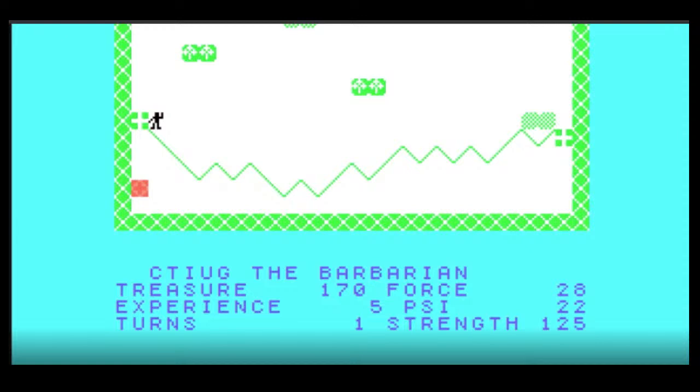Okay. CTIUG, the barbarian, has found 170 treasure. And that was used 1 turn, a clump of gold. What direction? Let's go again. Nothing valuable. What direction? I seem to be up in the air. I better head down to the ground.